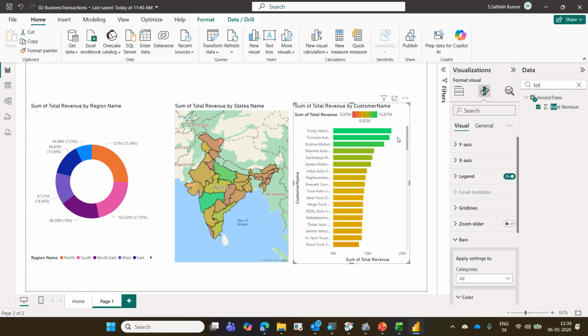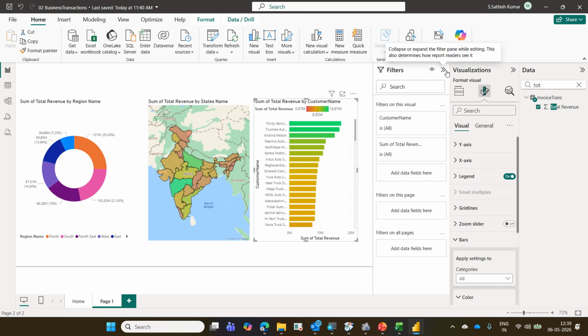Select the chart, expand the filter, expand the customer name.